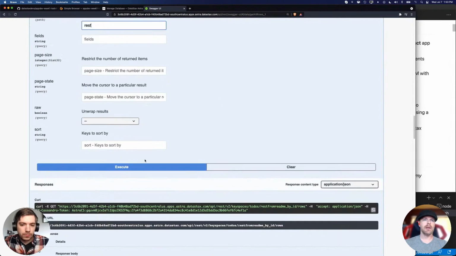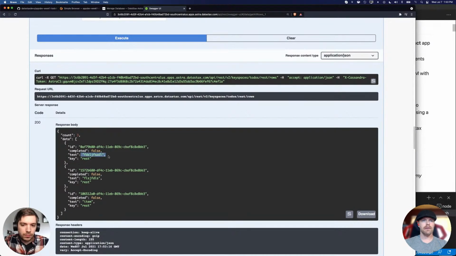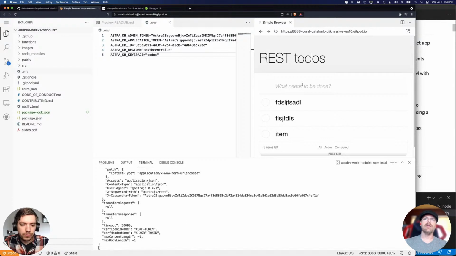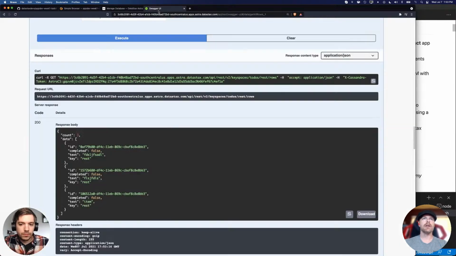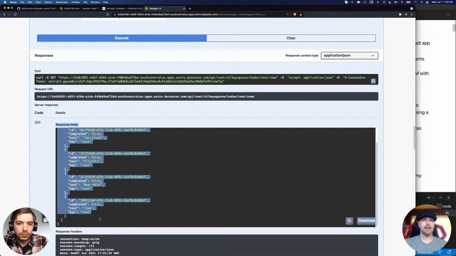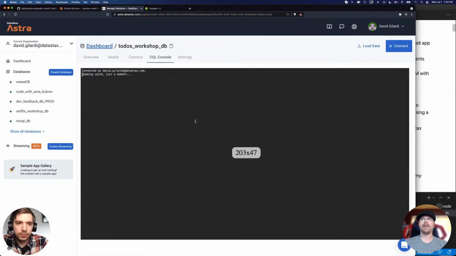So I should theoretically be able to do this. And here they are. So notice, here are the items that I've put in. I know that the interaction of this is working. I know it's talking to the database. But if I really want to see it, I can go here into Swagger and see there's more milk. If I want to do it another way, by the way, I could go into the CQL console